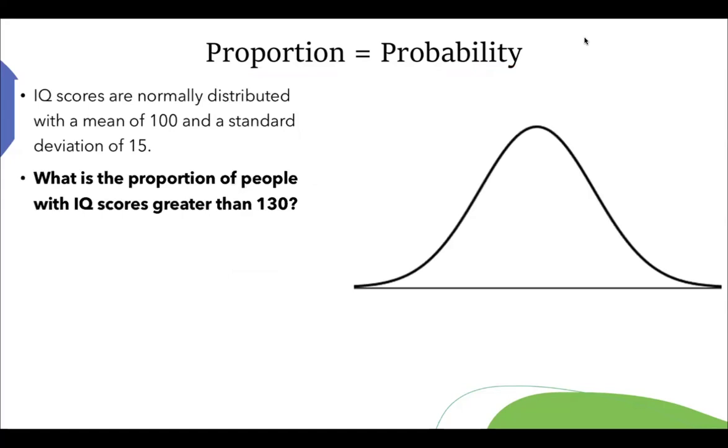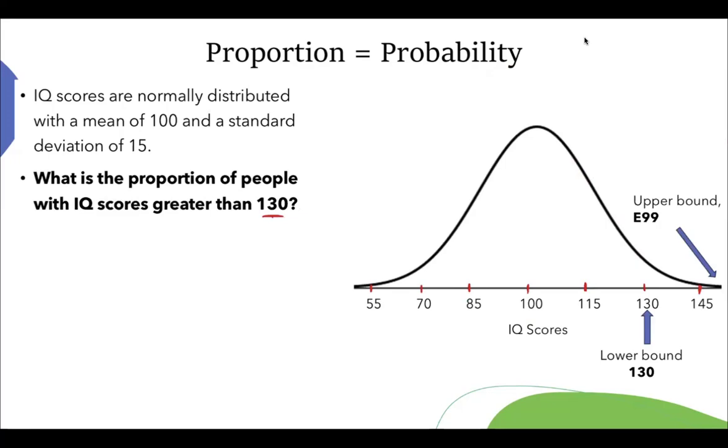So let's actually solve this problem. Let's put our IQ scores on the horizontal axis. 100 is the mean. If the standard deviation is 15, we could approximately create a horizontal axis with 115, then 130, then 145, and then subtracting 15, we have 85, 70, and 55. Then we locate where approximately 130 is and shade in the area from 130